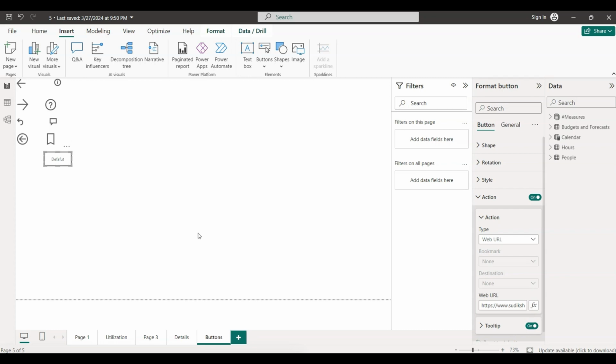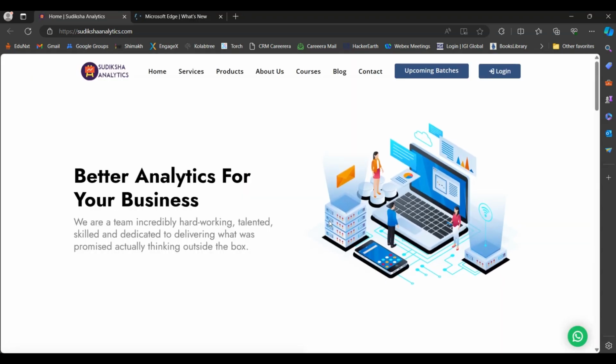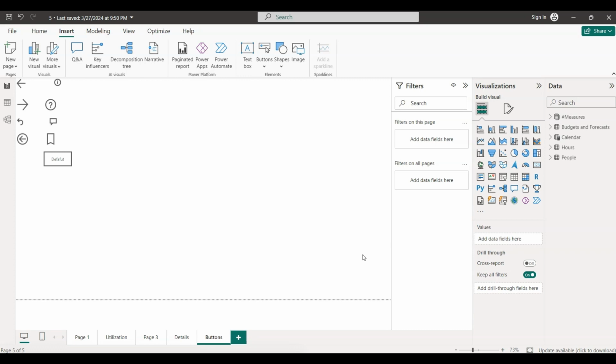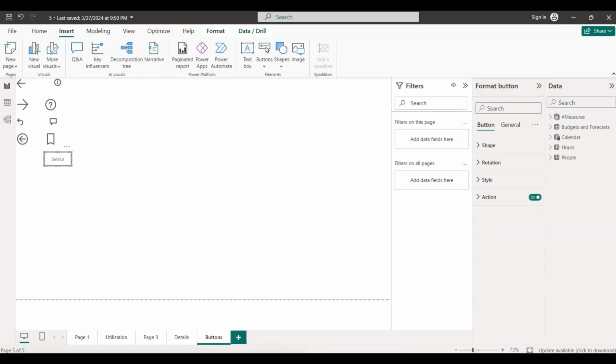Now you just click on this. Yep, so it is opening the site that you have mentioned. So like this you can make the button to browse some URL. So we did that. Next,